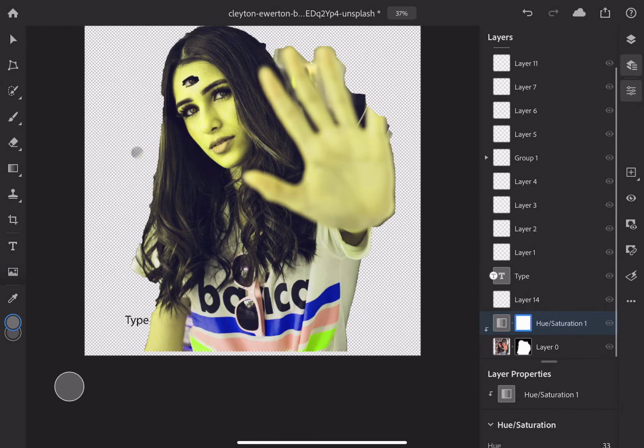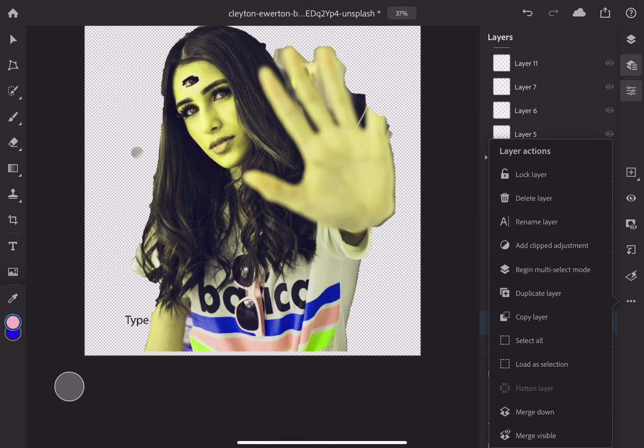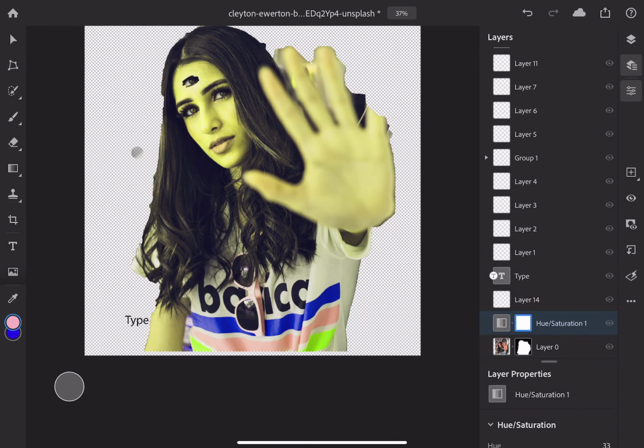So you can see here that this hue and saturation layer is clipped to the layer below it. And that's what this little icon is. So if you don't want that, you can always unclip it. But by default, it adds it as a clipped layer there. And that's pretty much it. So you can duplicate, you can copy layers, drag them around, do some basic merging. But that's it. You can see there's no